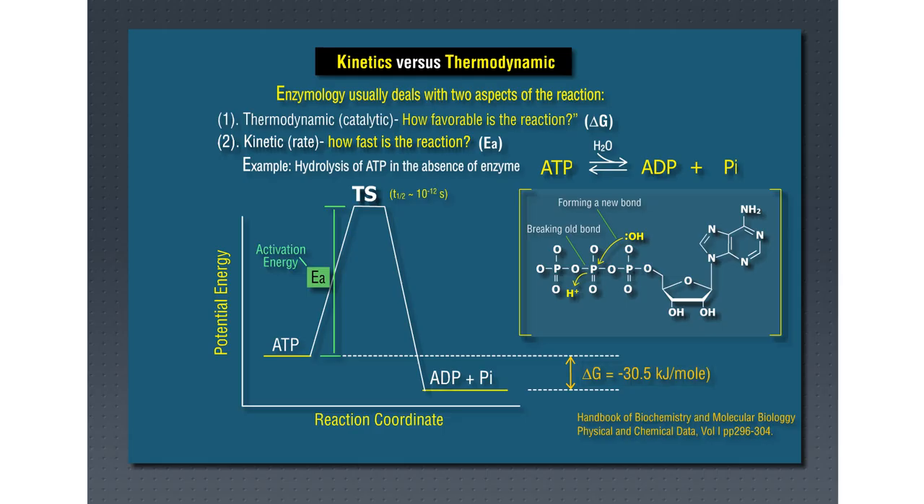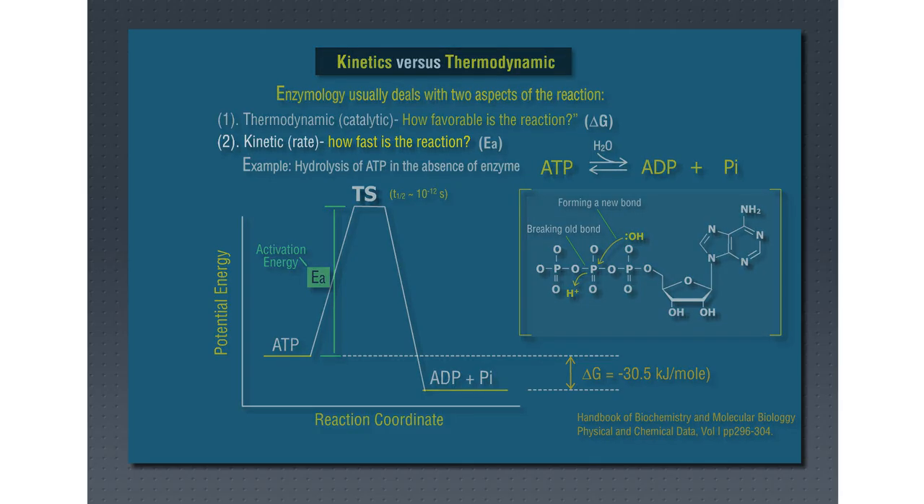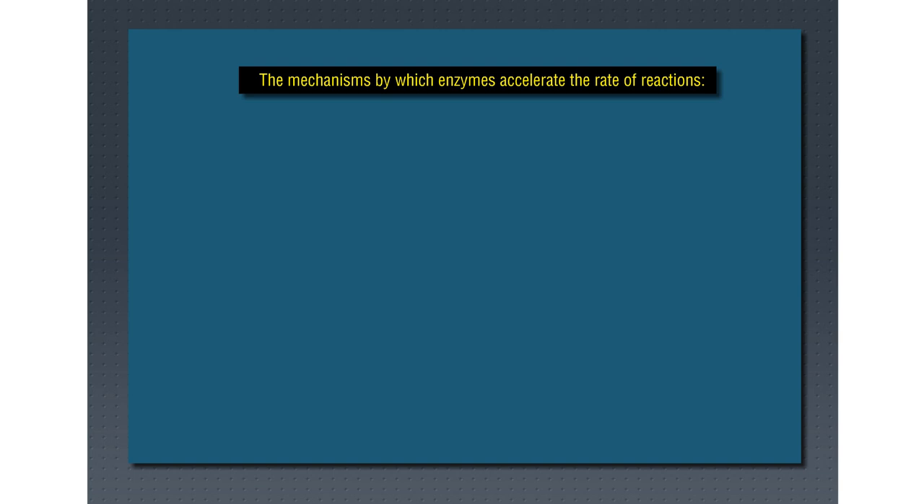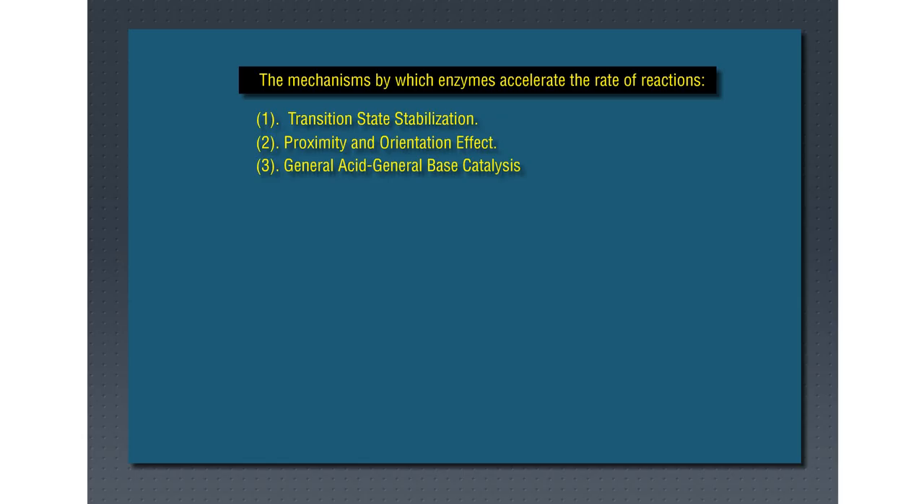This leads us back to the original question of how an enzyme accelerates the rate of a reaction. The several ways in which enzymes accelerate reactions are as follows. First is the transition state stabilization. The second way enzymes accelerate reactions is through the proximity and orientation effect. The third mechanism is by general acid and general base catalysis. The fourth is through covalent catalysis. The fifth is metal ion catalysis. Compared with the other catalytic mechanisms listed here, transition state stabilization is perhaps the most important and will be discussed